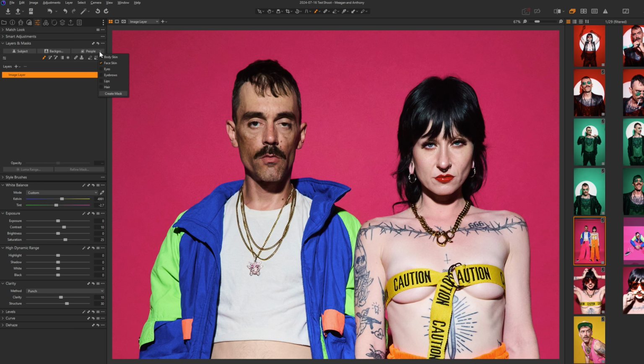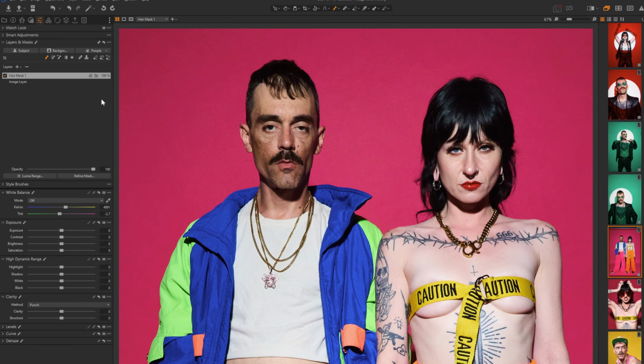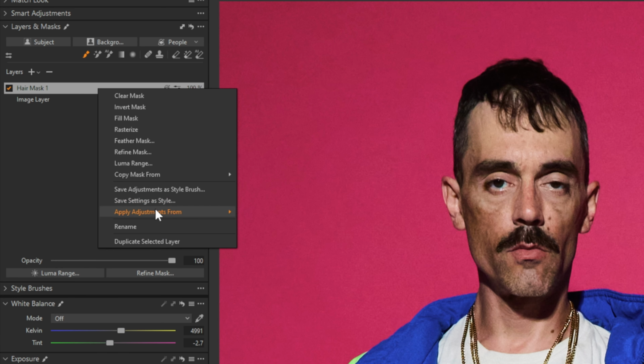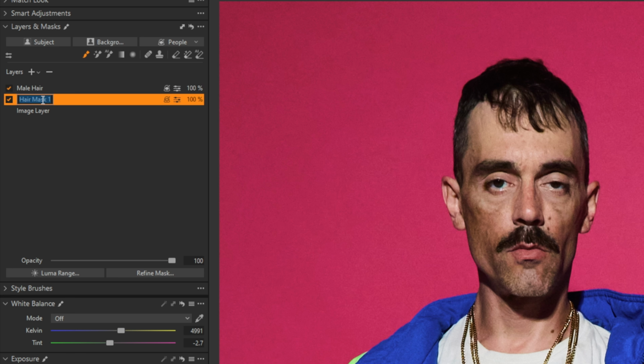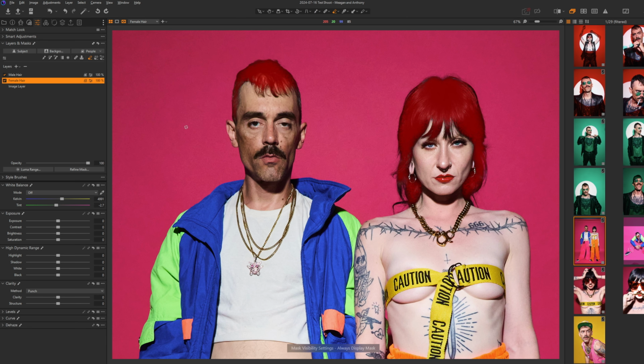So going back to that, it can't distinguish if there are multiple people in an image. It just looks for all the hair and will create a mask of all the hair. So what I do in an image with multiple people is I use the people masking tool to create the mask layer. Then I duplicate the layer. And then for each layer that I need, I will go in with the eraser brush at 100% flow and just erase the part of the mask that I don't want